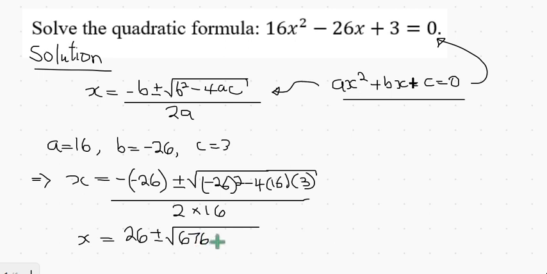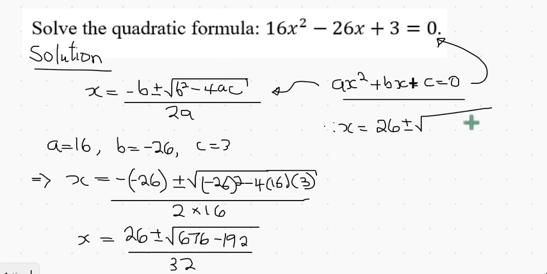676. There's a negative sign here, so let's multiply 4 by 16. 4 times 16 is 64, and 64 times 3 is 192. To follow along, just punch your calculator and be sure that you understand what we're doing. 2 times 16 is 32. So the value of x is equal to 26 plus or minus